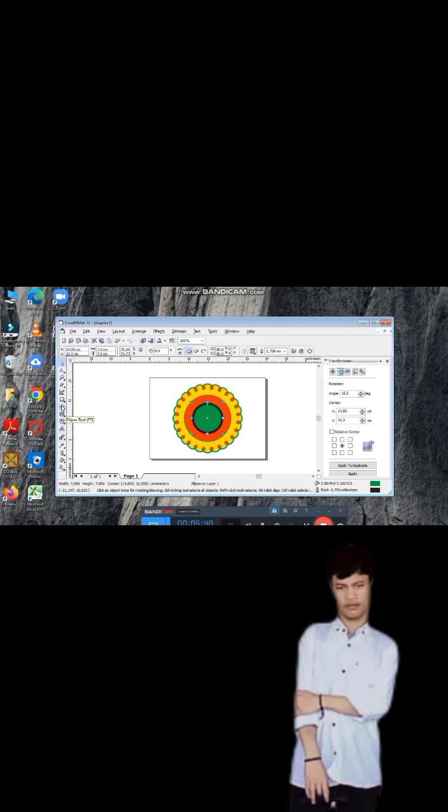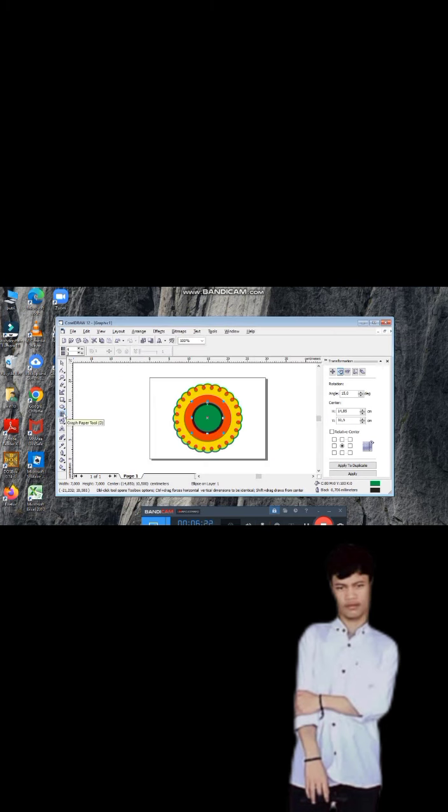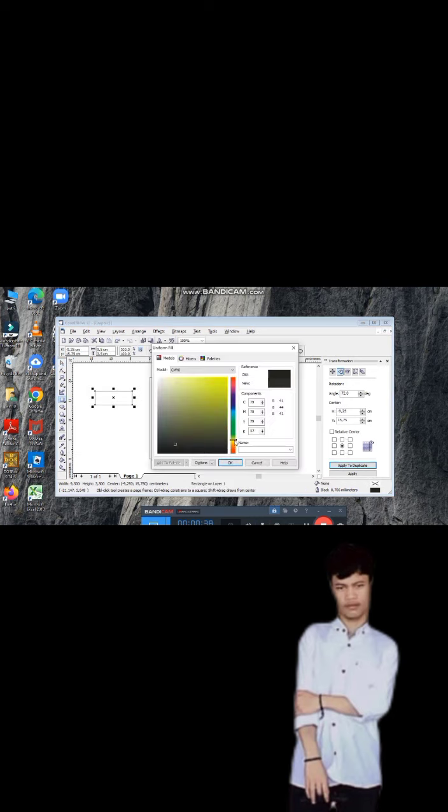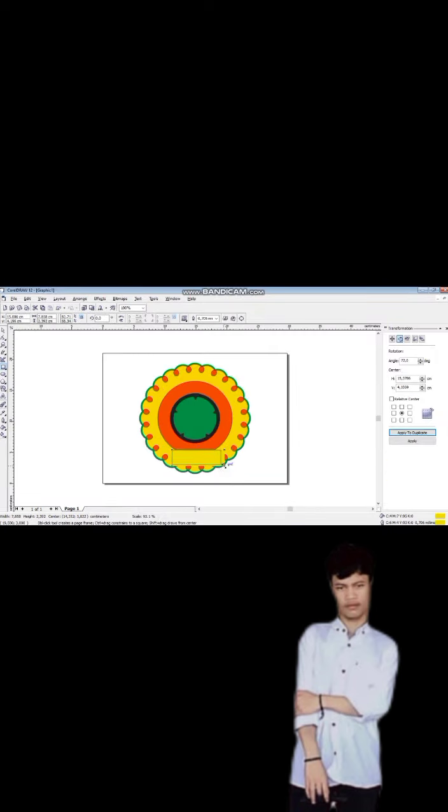4. Create guidelines. Guidelines are one of the most important elements when creating a logo, because guidelines can help you figure out the midpoint of the page. To make it, select the menu Layout, Page Setup, and Guidelines. Click the Show Guidelines box in the display column, then move to the horizontal column. Enter the midpoint of the page. Glenn uses a 40 by 40 cm page, so the midpoint is 20 cm. Adjust the units of measure, centimeter, pixel, etc. And don't forget to include them in the vertical column as well.